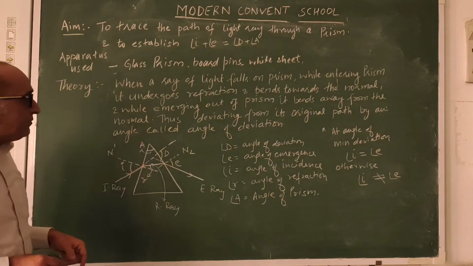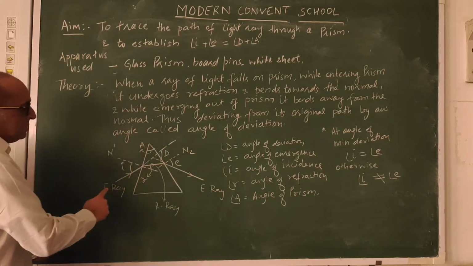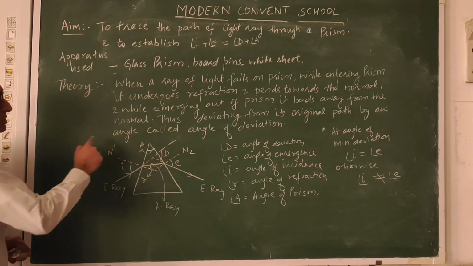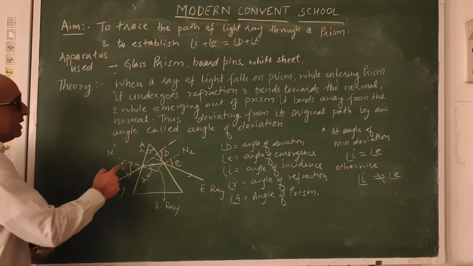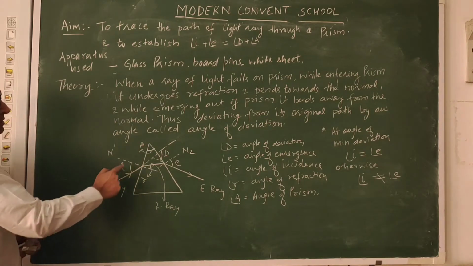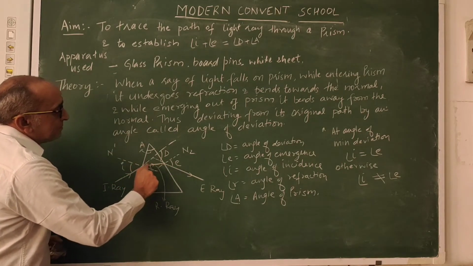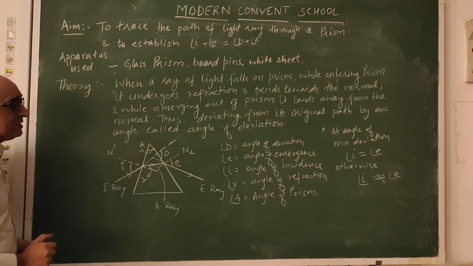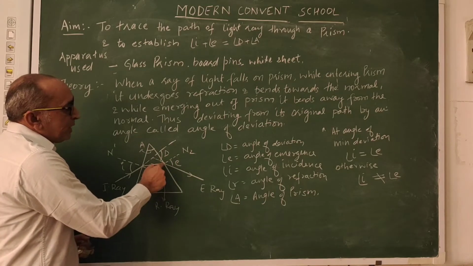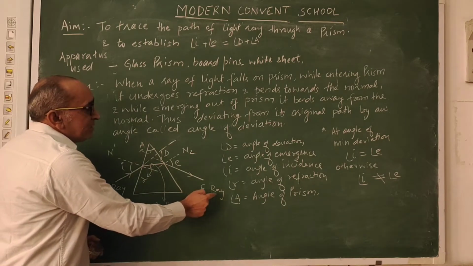This is the diagram for this activity. This is the base of prism. Incident ray striking the prism. This dotted line is first normal. It is going to make an angle of 90 degree with this side of the prism. Then it enters into the prism. It takes this path, this solid line. This is refracted ray. And while coming out from this prism, at this point of emergence, it is going to take this path. This is emergent ray.